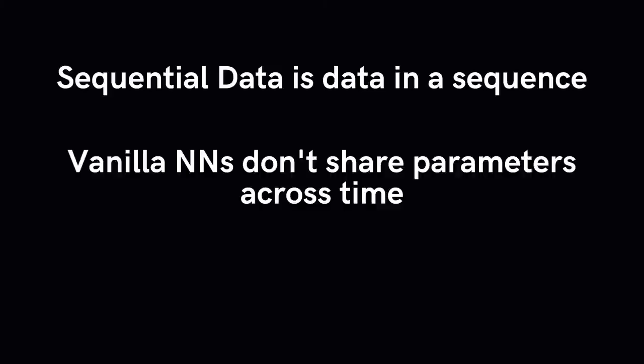This is called sequential memory. You were able to understand a data point in a sequence by your memory of the previous data point in that sequence. Traditional neural networks can't do this, and it seems like a major shortcoming. One of the disadvantages of modeling sequences with traditional neural networks is the fact that they don't share parameters across time. Let us take for example these two sentences.